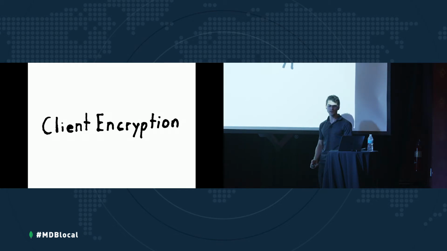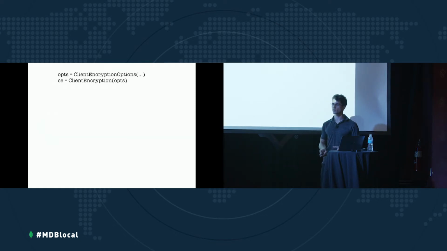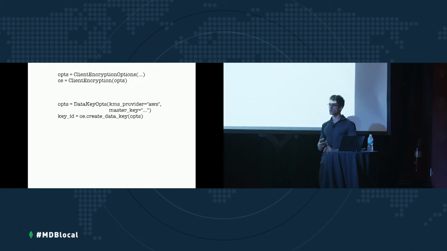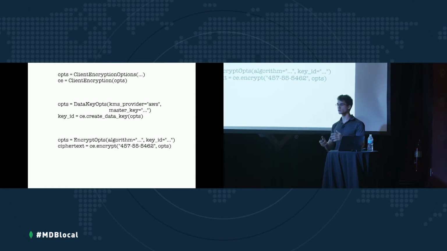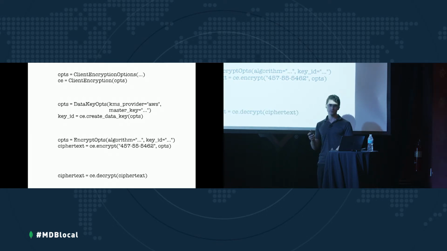Okay. Next thing is a new top-level class that 4.2 drivers come with, the client encryption class. And this is kind of a helper utility class. It does three things. You configure it similarly to how you configure the Mongo client for automatic encryption, but you can use it to create new encryption keys, which will insert automatically into your key vault collection. You can use it to explicitly encrypt a value. And on the flip side, explicitly decrypt a value. And this comes in handy when you need to bypass automatic encryption,